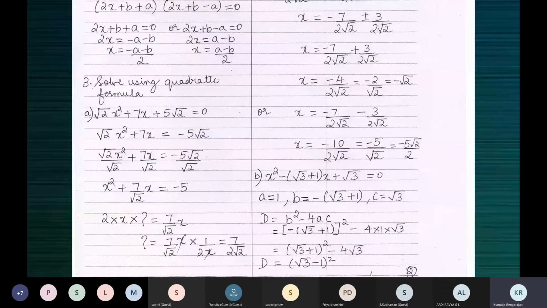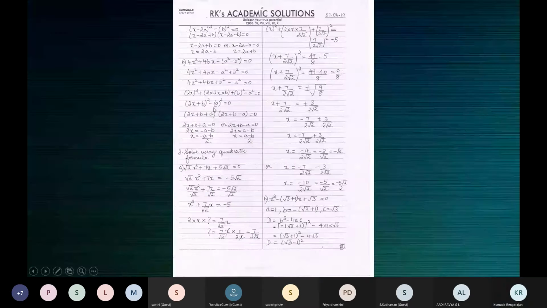We'll see how to solve using the quadratic formula, but I've here solved it by mistake. I've solved it by completing the square. So I've solved it behind here, and you can just take a picture. The heading is solve using quadratic formula, but here the method is by completing the square. So this is the equation. I've solved it behind here.